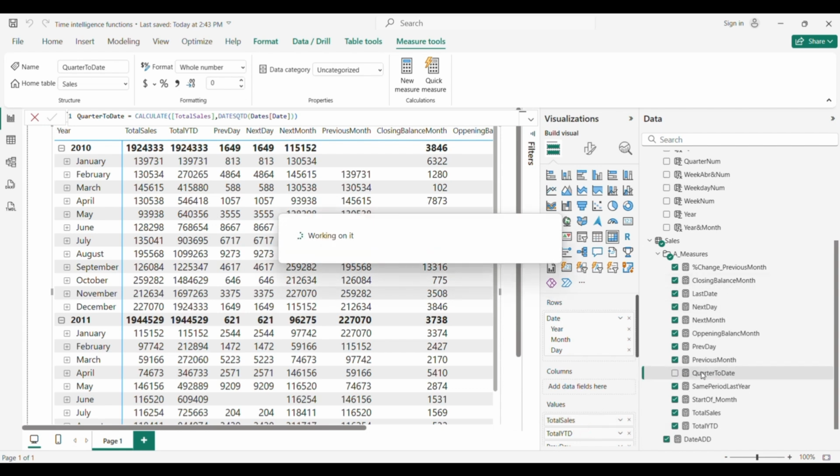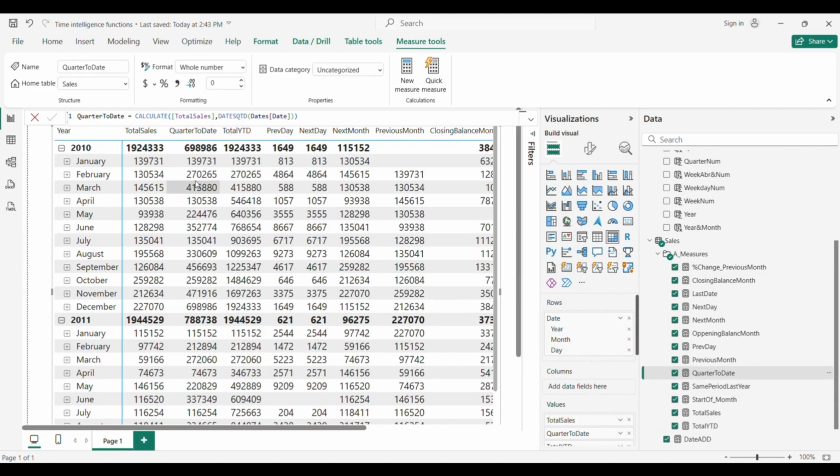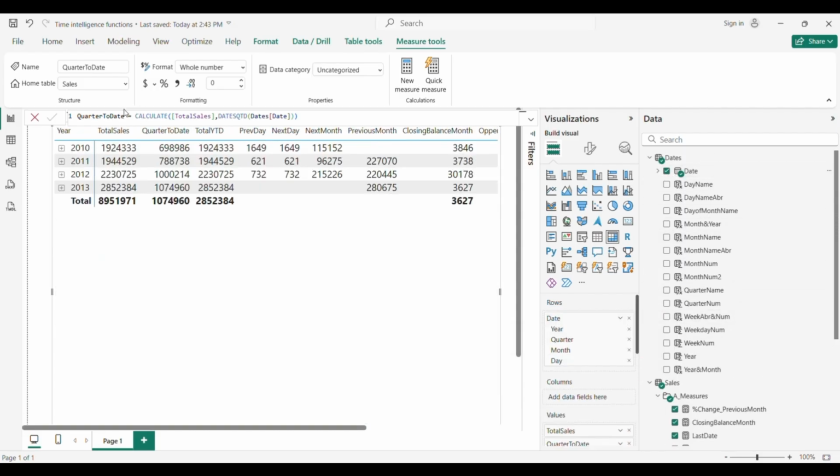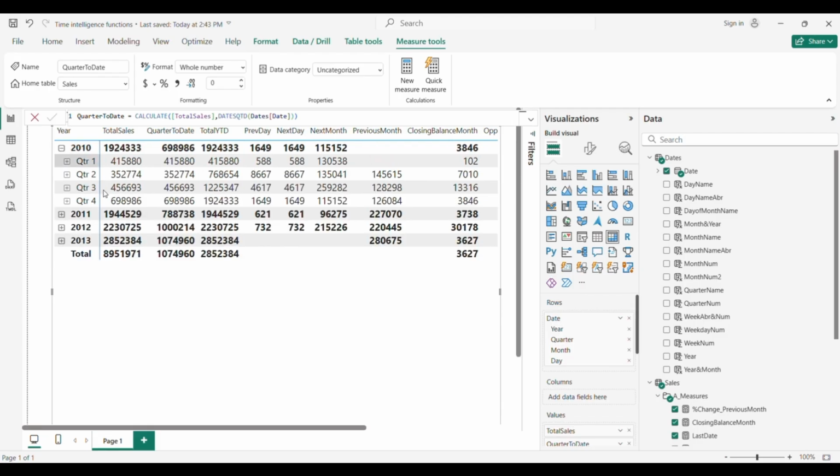We just take this and drop it in our matrix table. But as you can see, it's summed up until here. This is the 4th quarter, January, February, March. But let's add again our quarter dates. So we have it here now. Quarter 1.